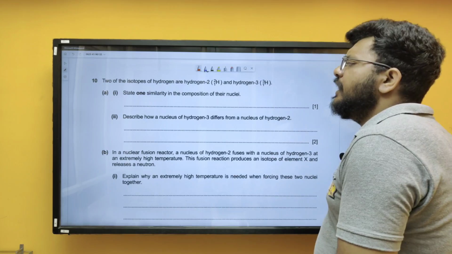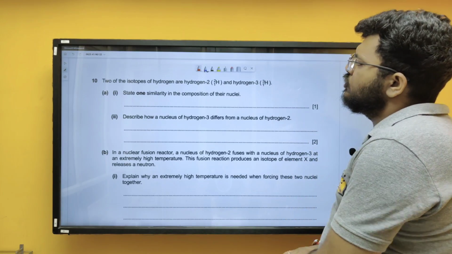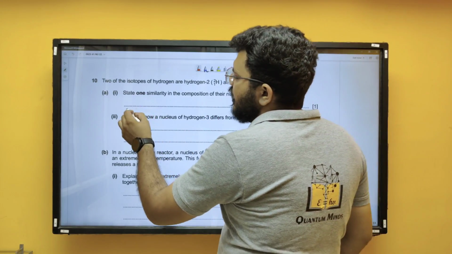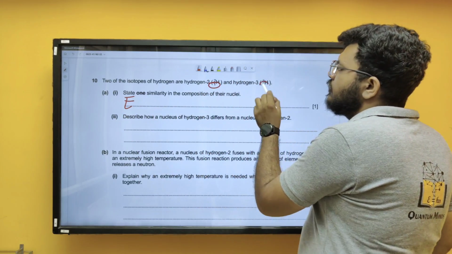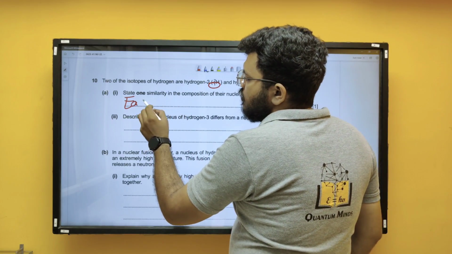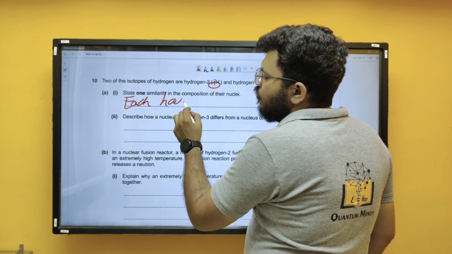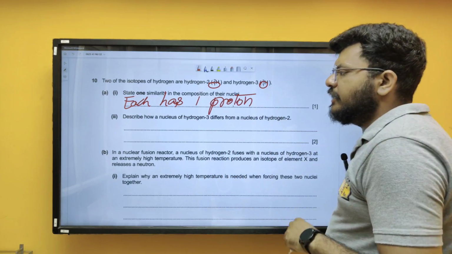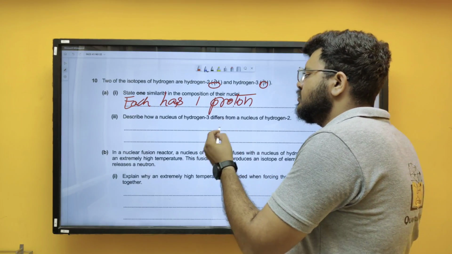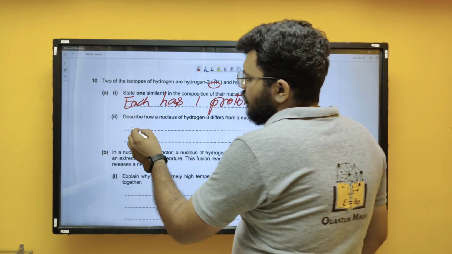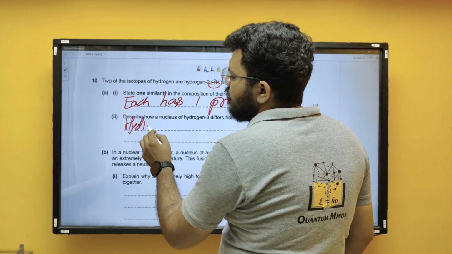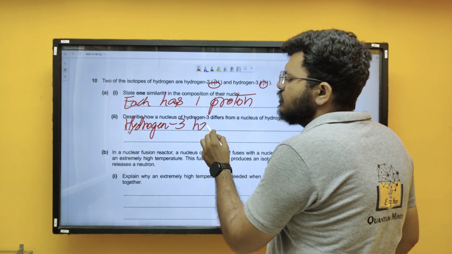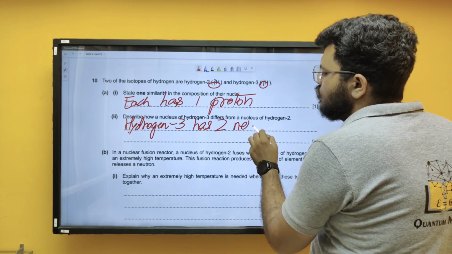Next, two of the isotopes of hydrogen are hydrogen 2 and hydrogen 3. State one similarity in composition of their nuclei. Each has one proton, right? Each has one proton. Okay, next, describe how a nucleus of hydrogen 3 differs from nucleus of hydrogen 2. Hydrogen 3 contains two neutrons, right? Hydrogen 3 has two neutrons,